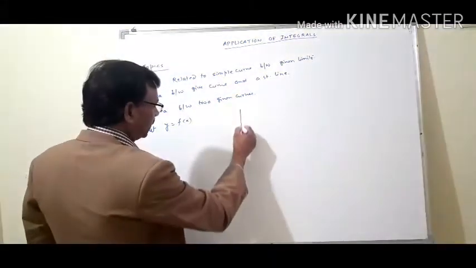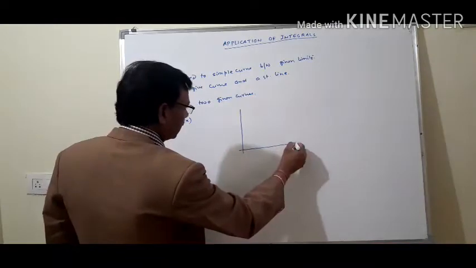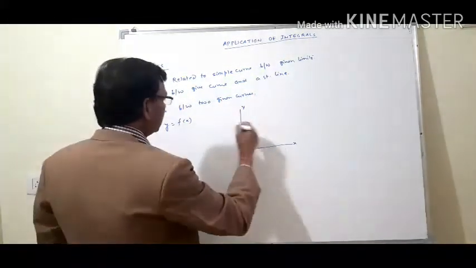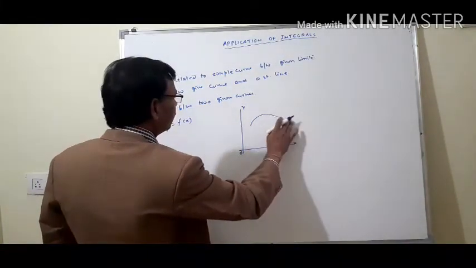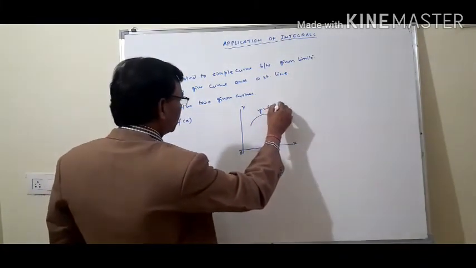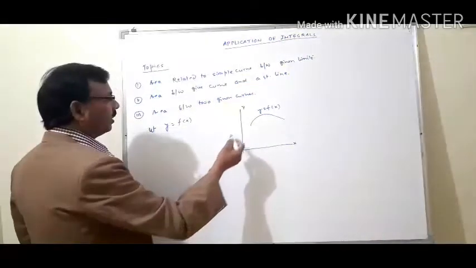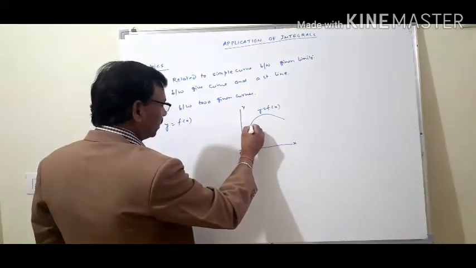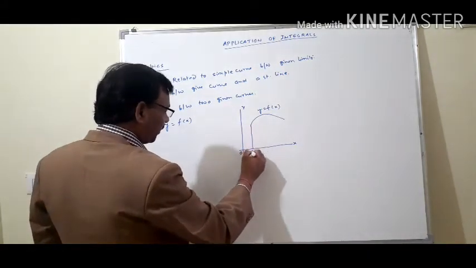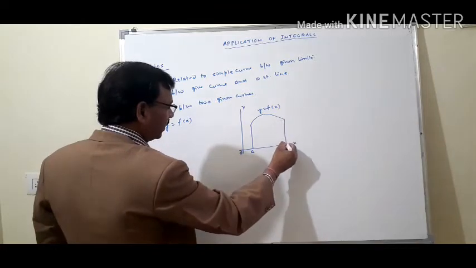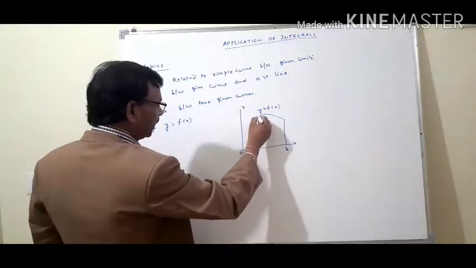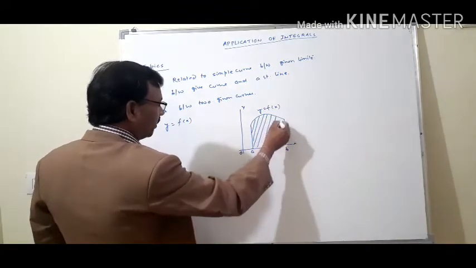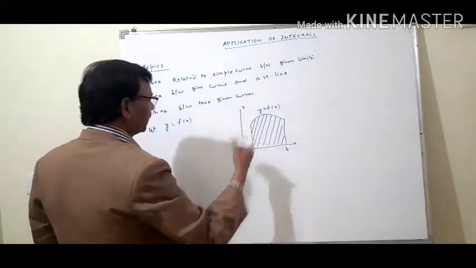suppose this is the XY plane and this is a curve y equal to f of x. Now you want to find the area bounded by this curve. Suppose this is the point A and this is the point B. That means this area is enclosed by this curve, and we want to find the area of this region from A